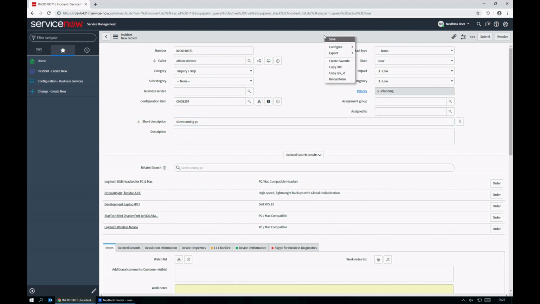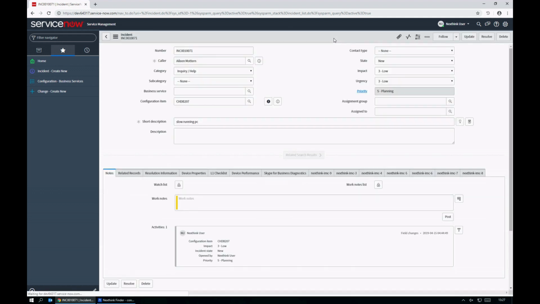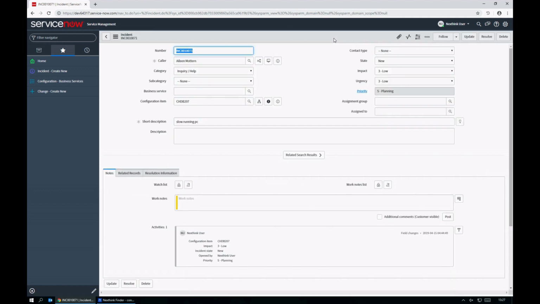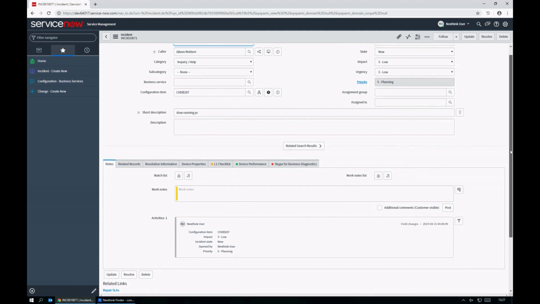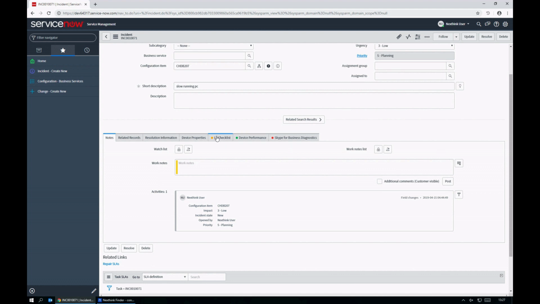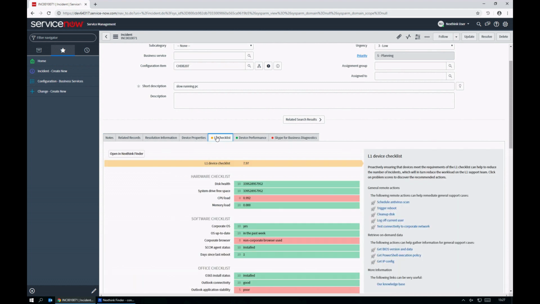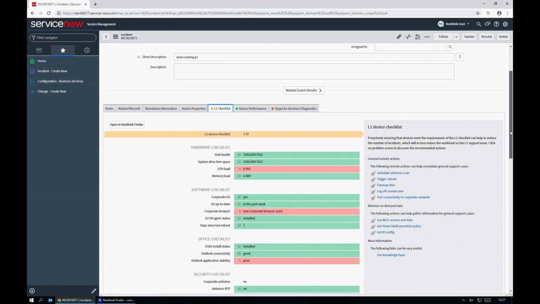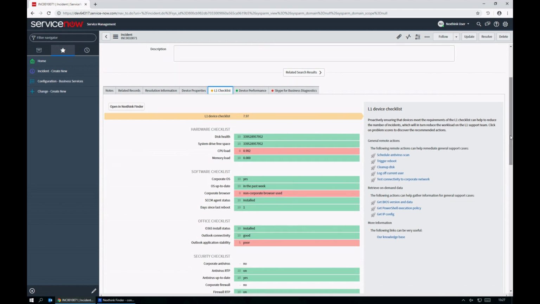So I'll put in a very brief short description, and I'll go ahead and save the incident ticket, and then we'll look at that information from Nexthink in more detail. There are a number of tabs of information here, and really the most important for this scenario is the level 1 checklist. And the level 1 checklist provides the support staff with real-time, at-a-glance information into the health of this